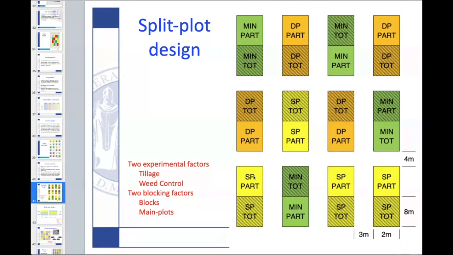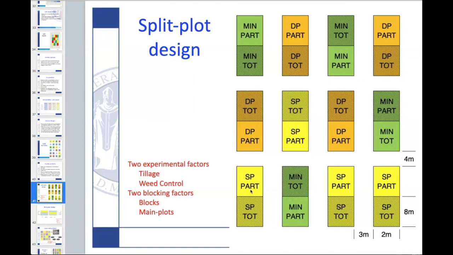So you see here we have SP for the whole main plot. Here we have DP for the whole main plot. And here again we have minimum. So we have one block here, and there are all 3 tillage methods in randomized order, right? So we have a big plot for tillage. Then we split the plot, the main plot, in 2 parts. These are called subplots, and we randomize the 2